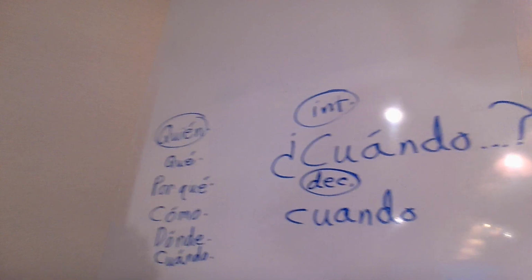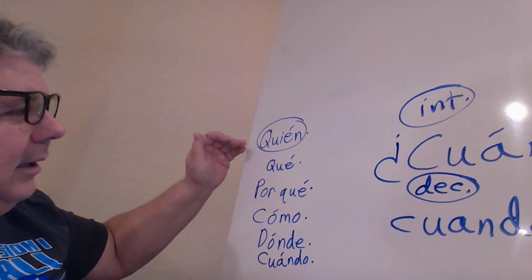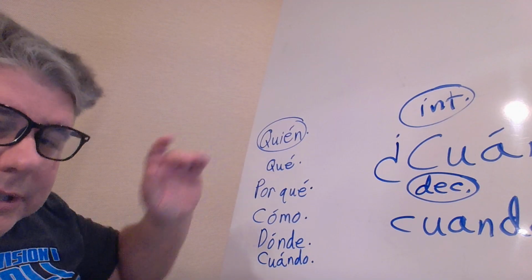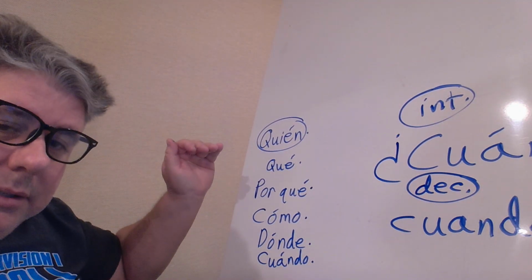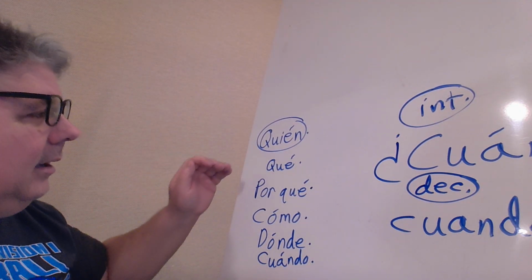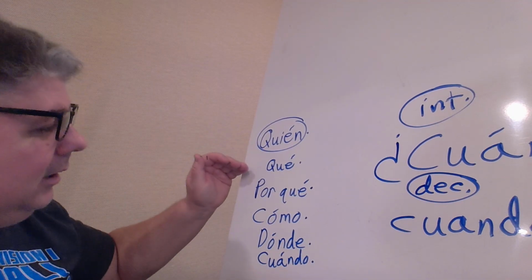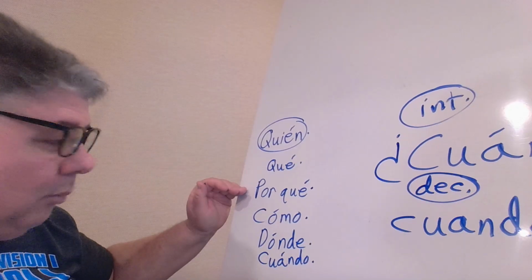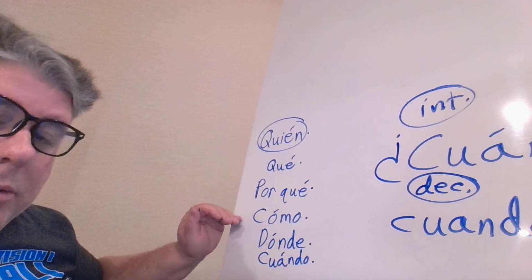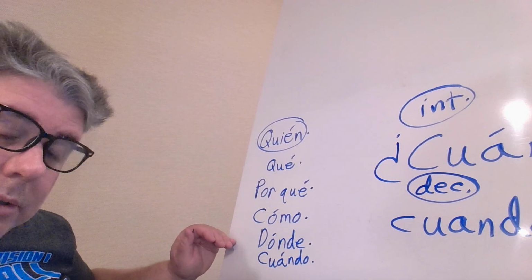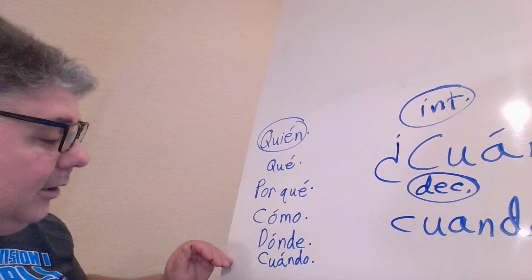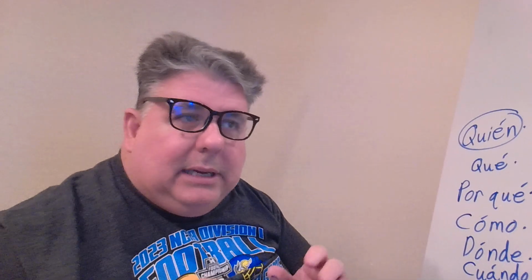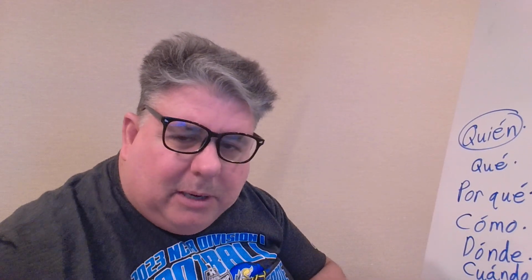So to review, and I know this is tiny print, we have the person-based interrogatives like quién for the singular and quiénes with the plural. And that's like who or whom. We have qué, which is what. Por qué, which is why. Cómo, which is how. Dónde, which is where. Cuándo, which is when. Now, there are two other declaratives and interrogatives, combos that we want to do,